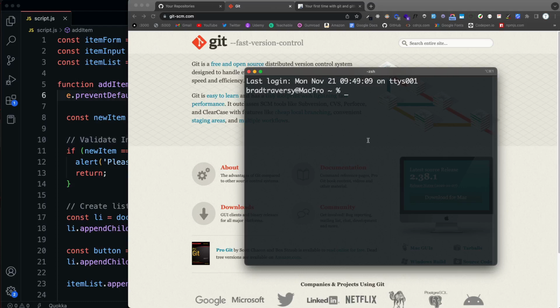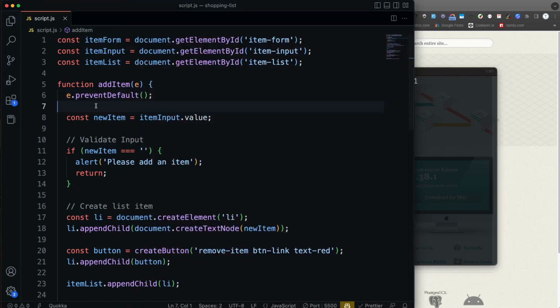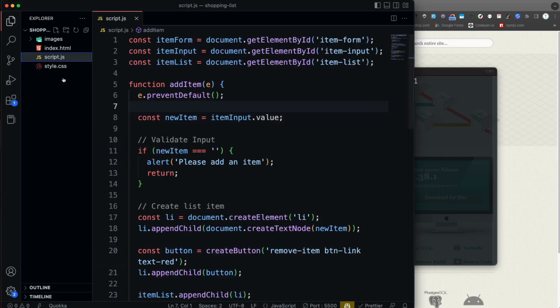Now, when you use Git, you usually use something like github.com, which is what we're going to use. There's also other services like Bitbucket and GitLab. These are basically just services that will host your repository remotely so that other people can see your code and they can contribute and all that. Now, before you set up GitHub or whatever you're going to use as your remote repository, you need to initialize your project as a Git repository